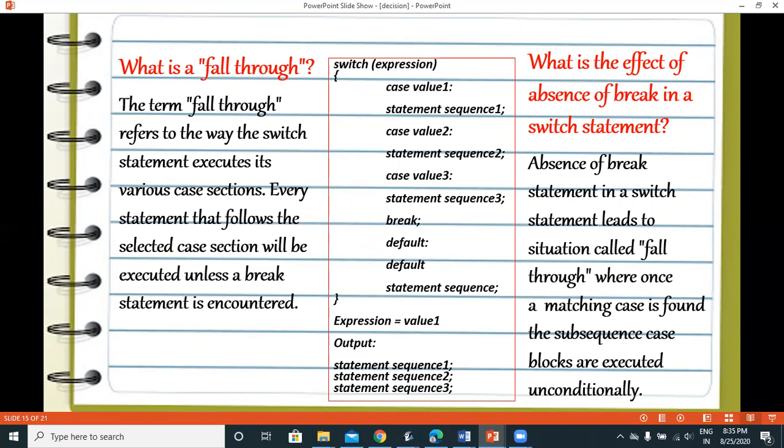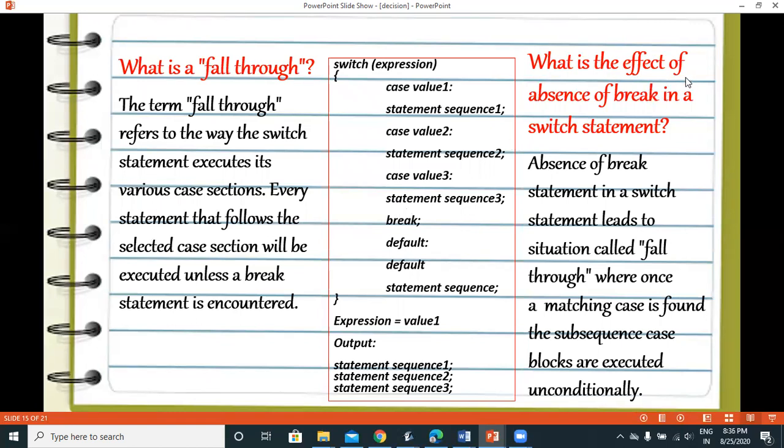But after case value 3 you can see the break statement has been written. So when I give the expression value as 1, the output will give me statement sequence 1, 2 and 3 all together, because until and unless the break statement is encountered, all the case statements will be executed.